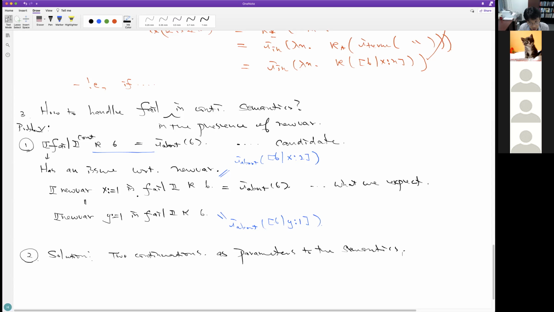One is the usual description about what needs to be done by the rest of the computation. The second is what kind of restoration of the global variable values should be done after this computation. So we pass two continuations. One is about the rest of the computation. The second is about restoration of global variables. So that's how to solve this problem. And actually, this type of idea appears quite a bit, and sometimes it's called double-barreled continuation passing style semantics.